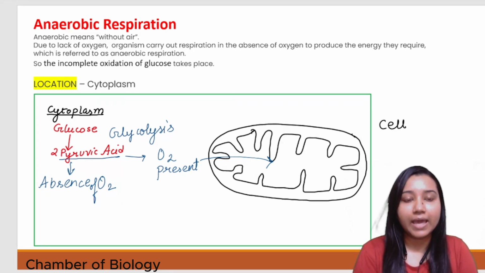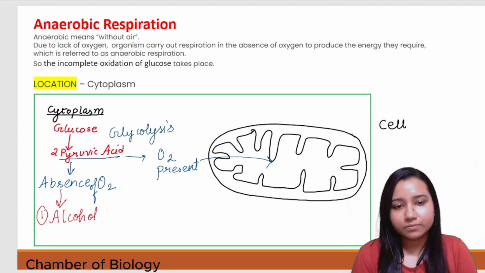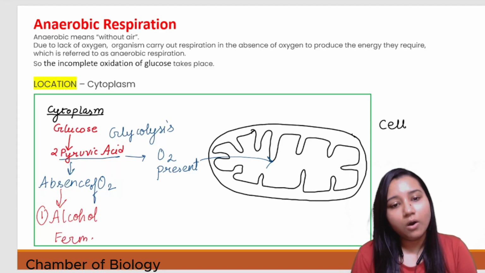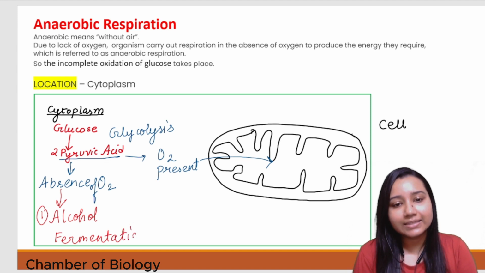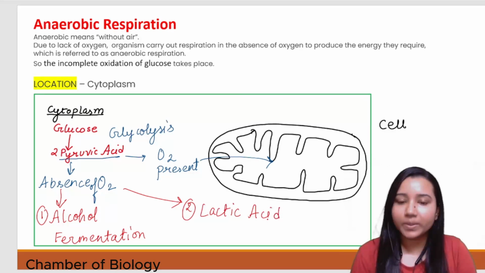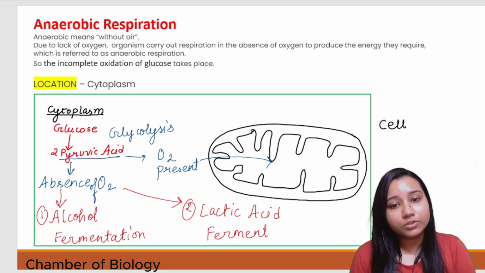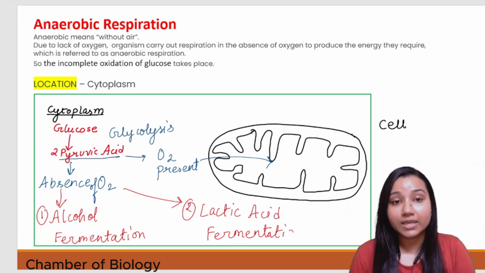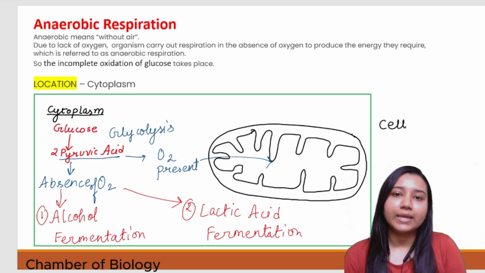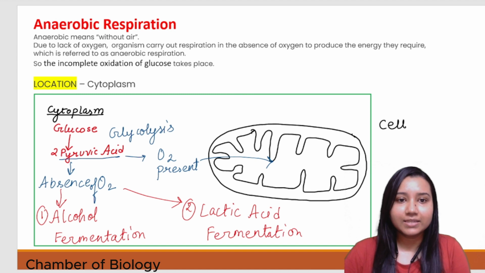We are going to see that the anaerobic respiration is going to occur, for which this pyruvic acid might undergo alcohol fermentation, or it might undergo even lactic acid fermentation. So these are the three fates of the pyruvic acid that is forming in the cytoplasm. And you can see that aerobic respiration was occurring in mitochondria as well. But in the case of anaerobic respiration, it is occurring in the cytoplasm exclusively. All this fermentation that we can see is happening here.